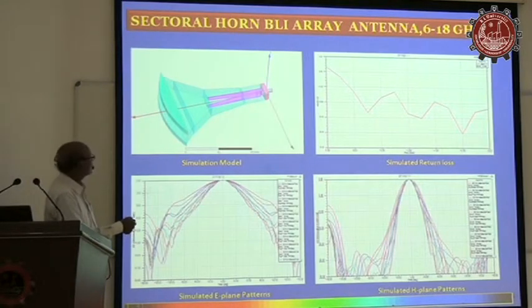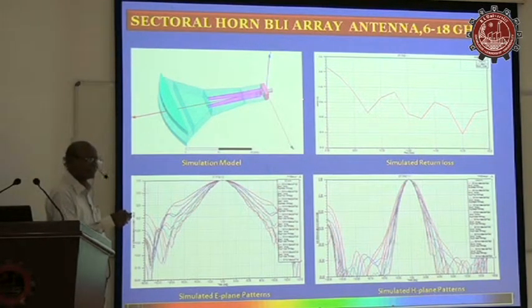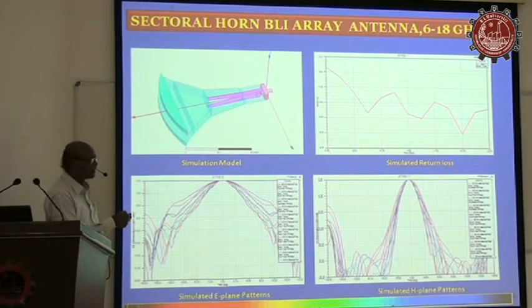This is 6 to 18. Another important design we introduced is the end launch. Normally, whenever you see any waveguide to coaxial adapter, the launch is from the broadwall, at the center of the broadwall. But if I use the broadwall, because my interelement spacing is 23 to 24 mm, I cannot put these 2 antennas within that spacing. So again we thought about how to implement this. Then we designed the end launch. Instead of the broadwall, we launch the coaxial to waveguide transition using the end launch, and then realized this antenna.